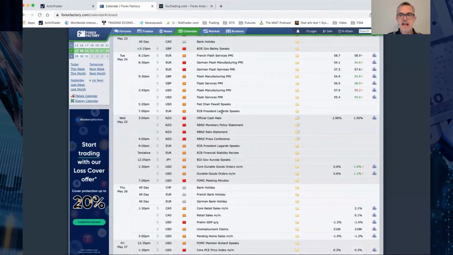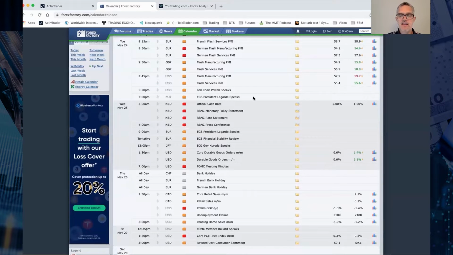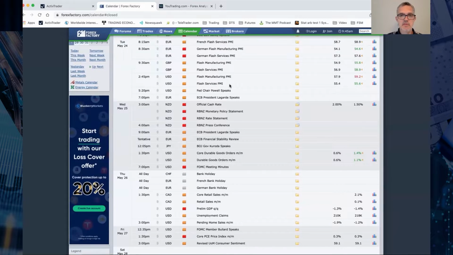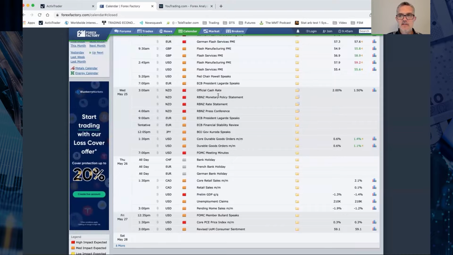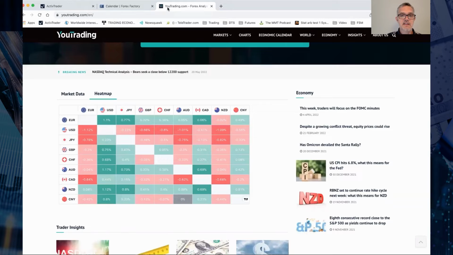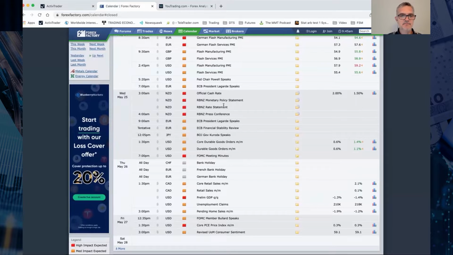All right, Tuesday, towards the end of the day, we get Fed Chair Powell speaking, and then we get ECB President Lagarde speaking. Now, ECB President Lagarde will be speaking a couple of times this week at the World Economic Forum at Davos. So I'd imagine we'll get some euro movement there. Then in the overnight session on Wednesday, the RBNZ, they're going to release their official cash rate. We're expecting them to raise by 50 basis points, a bit like the FOMC, looking to see if we can get the cash rate up to 2%. That's probably why we're seeing strength in the Kiwi today. So I expect to see that happen the next couple of sessions.